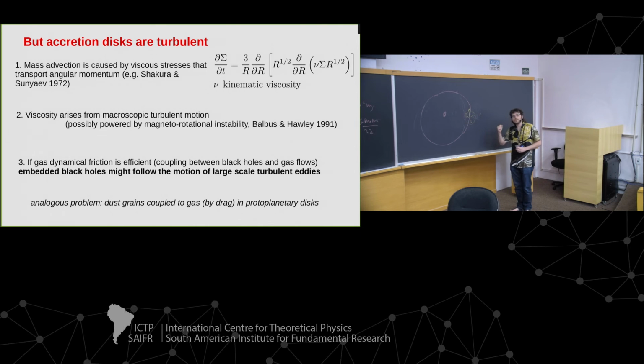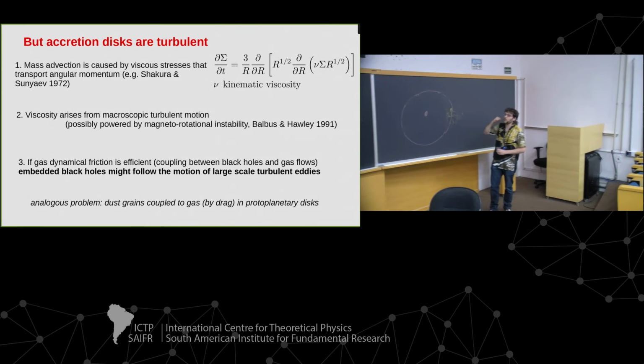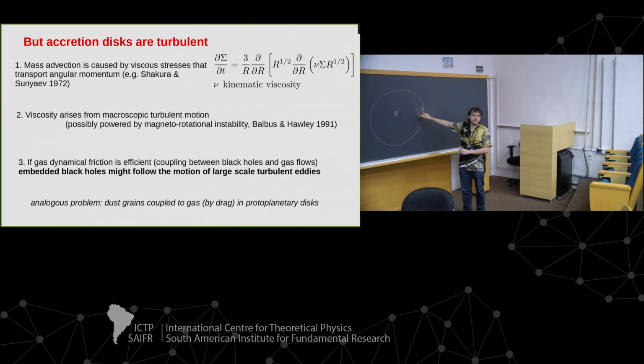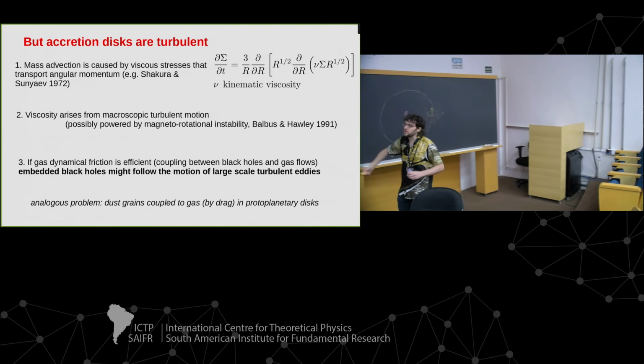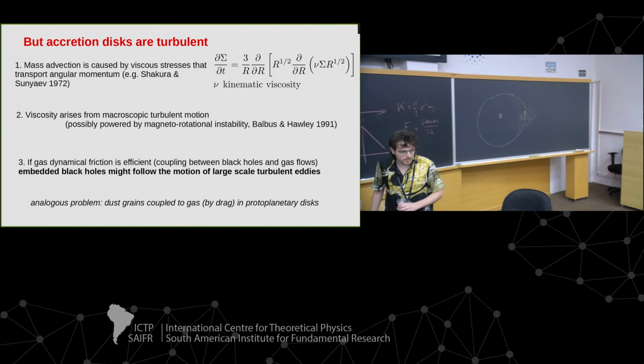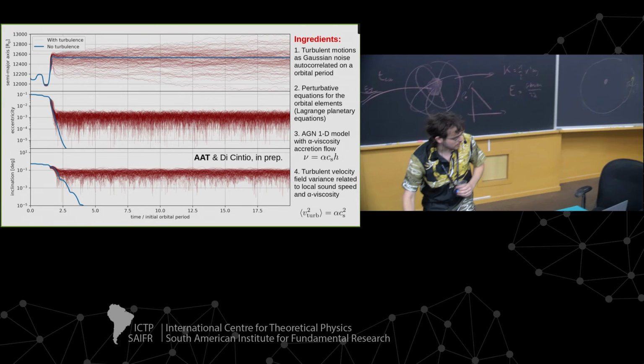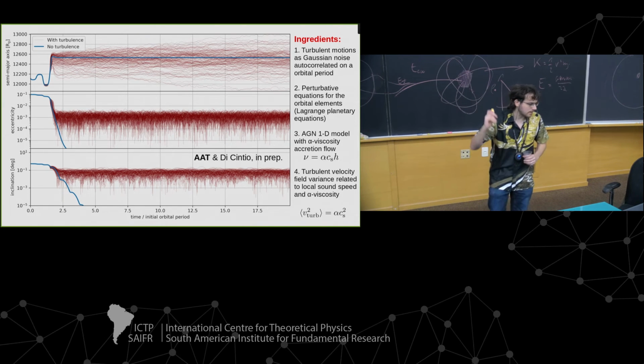Say that instead of just a circular velocity of the gas, you have some micro random velocity field on top of it. What if the black holes are coupled to the gas, to this velocity field? If the black holes tend to follow the gas because of this drag force, they will follow this random velocity field, these kicks due to turbulence, these convective motions more or less, in the disk.